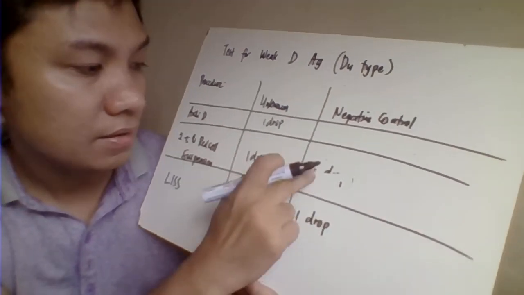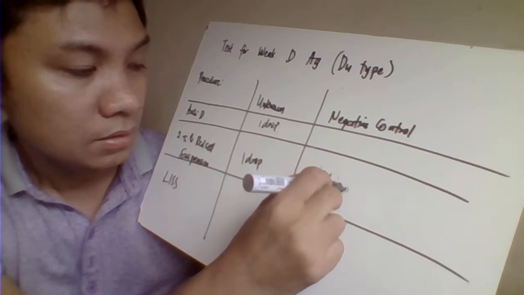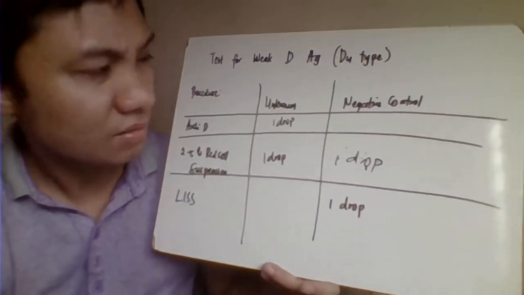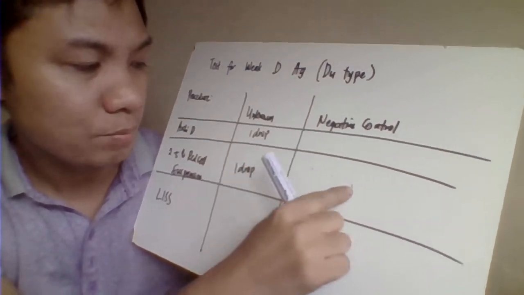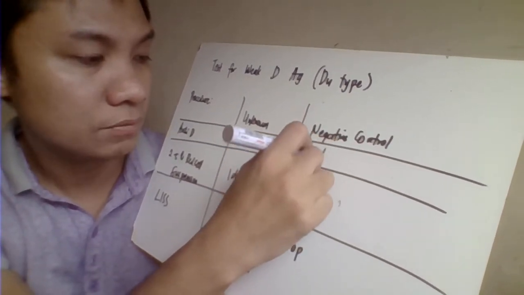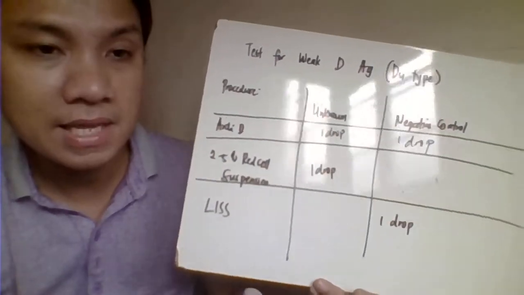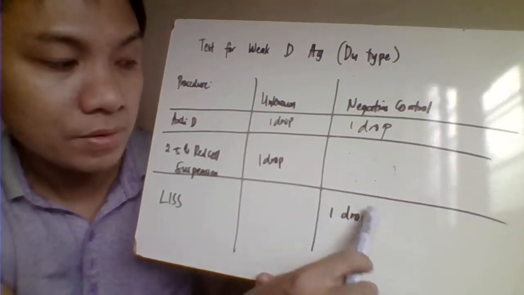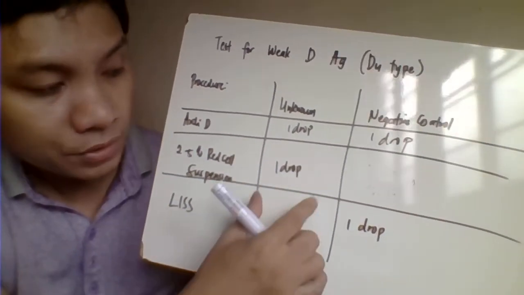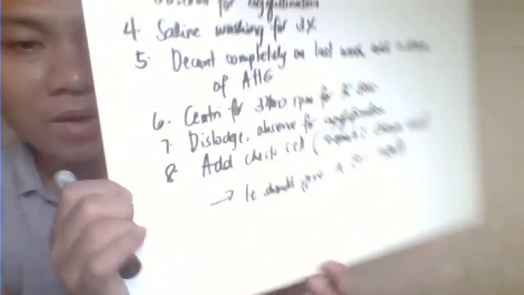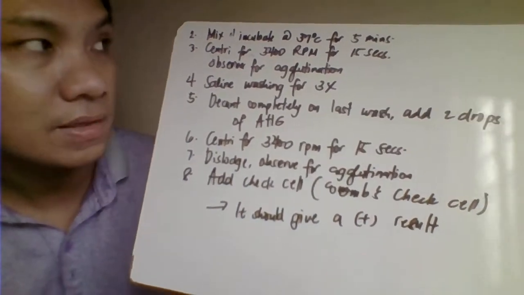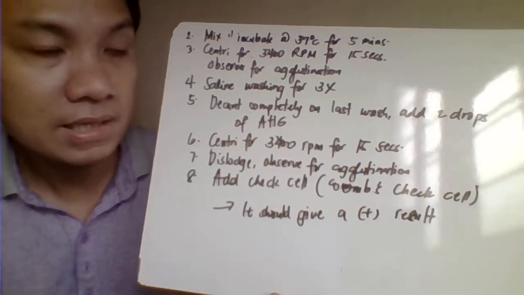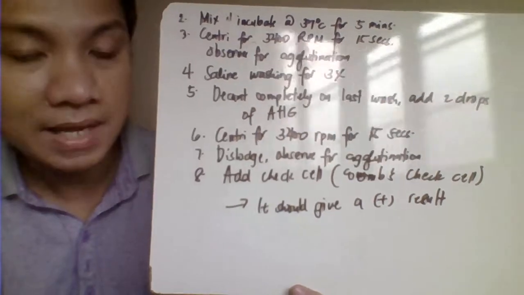Okay, we have here 1 drop of your 2 to 5% red cell suspension. Then for the negative control, wala kang sample dapat. So here, 1 drop nito. Okay, 1 drop of anti-D antisera, then 1 drop of our LISS. Since wala kang sample, this is really negative. So your two test tubes, mix that one and then incubate at 37 degrees Celsius for 5 minutes. Then after that, centrifuge at 3,400 RPM for 15 seconds and